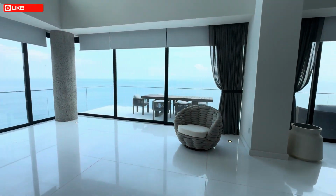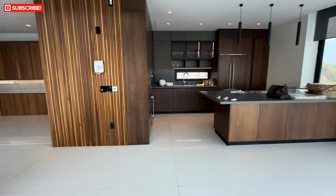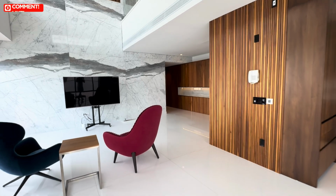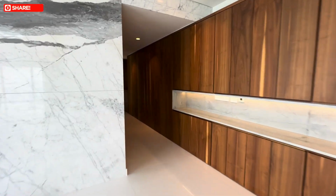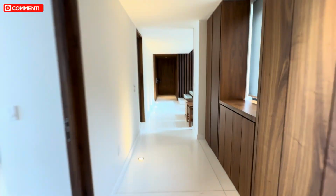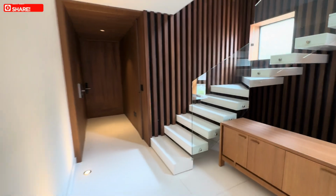Okay, so I'm gonna show you one more time the ground floor level. Now we're going to get into the upper level. So this is 4 bedrooms, 4.5 bathrooms. You've already seen 2 bedrooms on this side, 1 half bath on this side. Next, we're gonna make our way to the second level. On the second level, you have another guest bedroom and the most